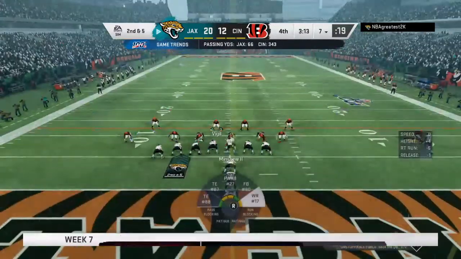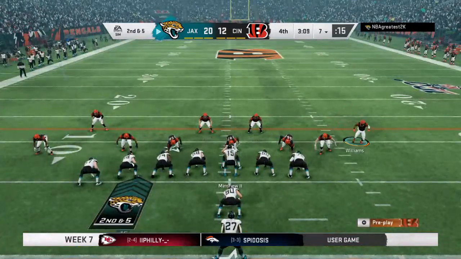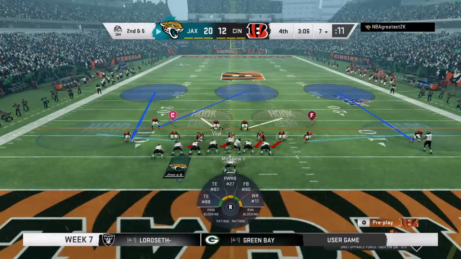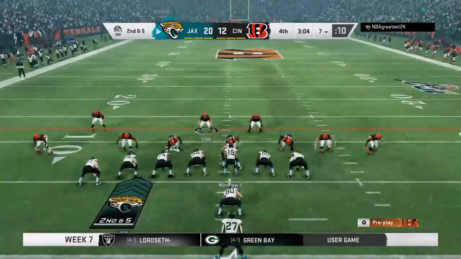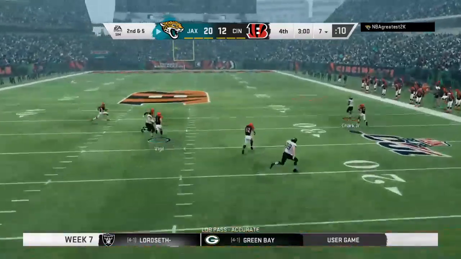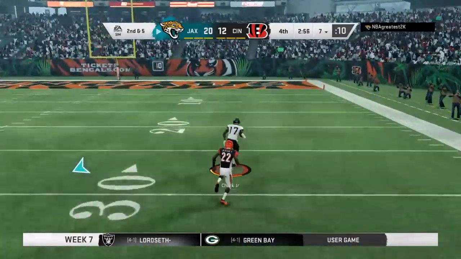At the 7-yard line. 2nd and 5 now. Minshew, he's going to float this one deep right. He's got a man, complete. And now